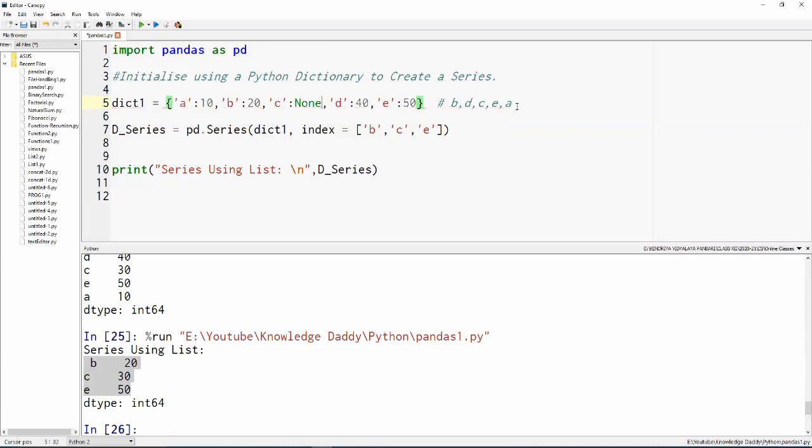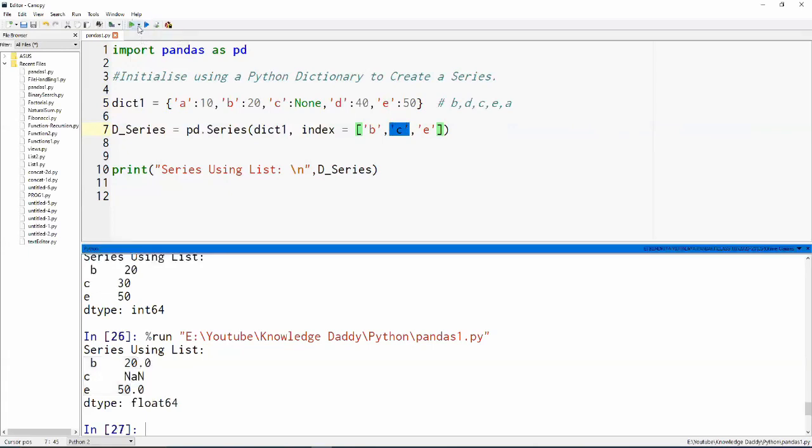Now, what if we provide a none value at a place in a dictionary, and we have to import that value into the Pandas series? So if we run it now, you see there's a magic that has happened.